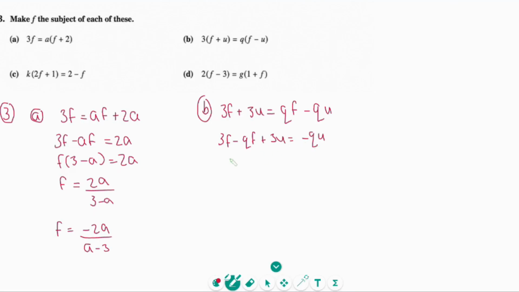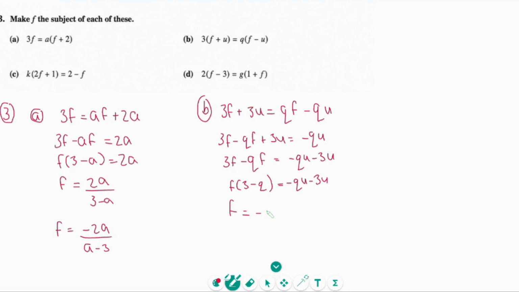Then I'm going to minus 3u from both sides. And then I'm going to factorise. And now, lastly, I'm going to divide both sides by